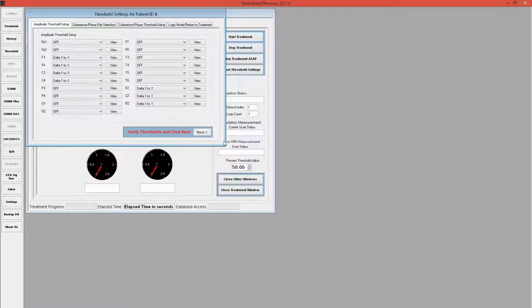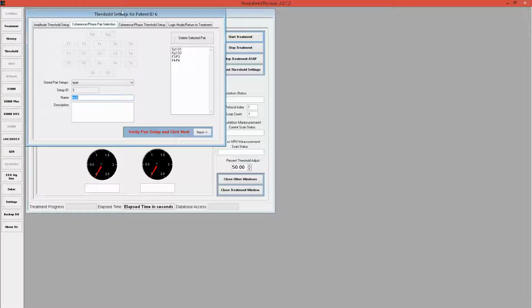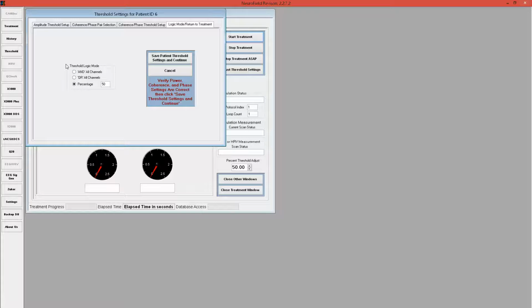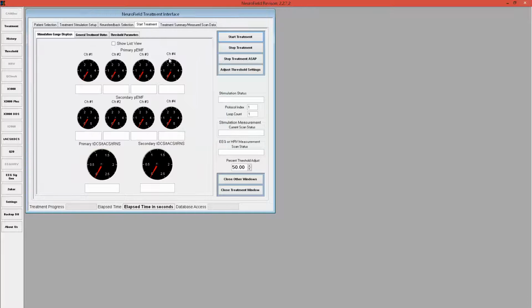Then it's going to load up all the thresholds that you set initially, so you don't need to do anything. If you want to make changes, you can. Click Next. It'll load up the pairs that you set up. Click Next. It'll set up the thresholds for your coherence and phase metrics. You want to keep them the same, keep them that way, and click Next. Otherwise, change them. Then it loads your logic for you, and then you're ready to go. That's how fast you can get somebody set up in the program once you do your initial settings. Okay, so this concludes using the